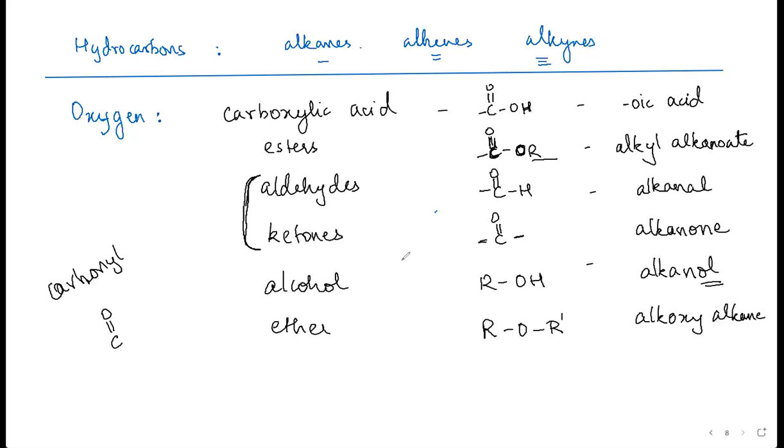Even when you study next year, you're going to study each of these functional groups separately, one at a time. Even the division there: alcohols, phenol and ethers are in one chapter. Aldehydes, ketones, and carboxylic acids are in one chapter. Okay, so these are all the functional groups containing oxygen.